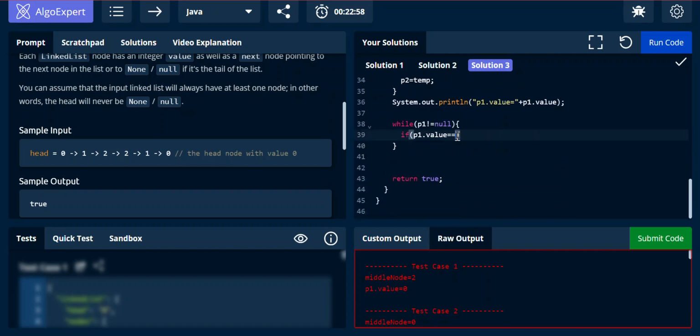So if p1 dot value is equal to first half dot value,